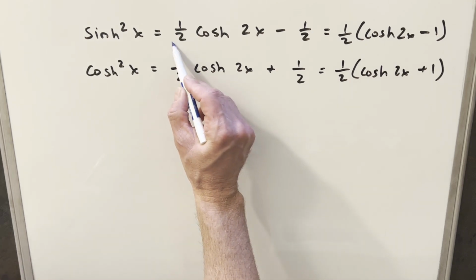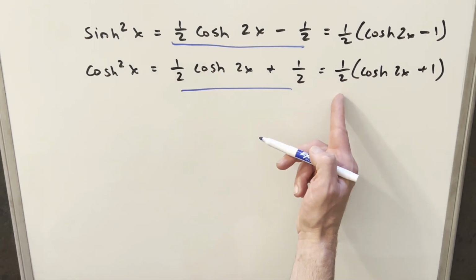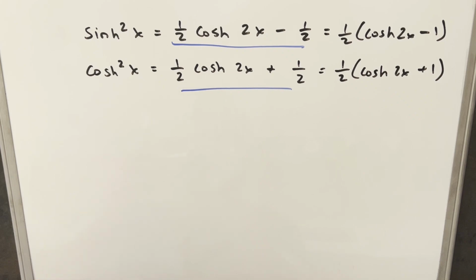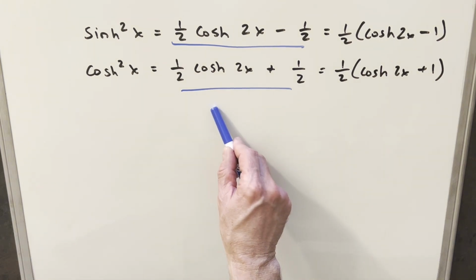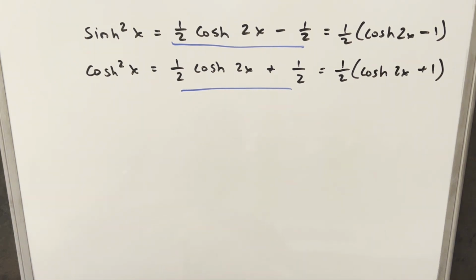What we found before was these formulas here in the middle, but what I did was just factor a half out of each of these. If you want to see the derivation for these formulas, I'll provide a link to that other video in the description. Now in this video, what I actually want to do is derive the half angle formulas for sinh, cosh,